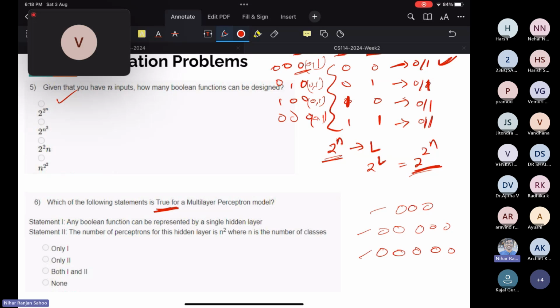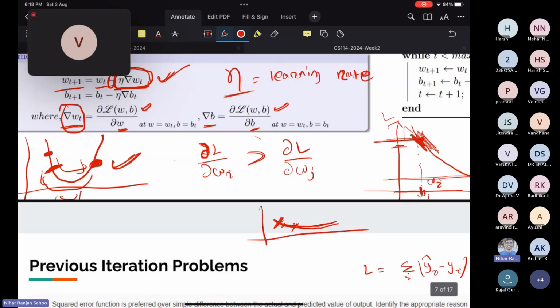Statement 1 says any Boolean function can be represented by a single hidden layer. Okay, so we have to see which one is true, right? We discussed that only one neuron cannot represent all Boolean functions. The exception was XOR. But if we have a network of neurons, as we discussed, so okay, while discussing this, maybe